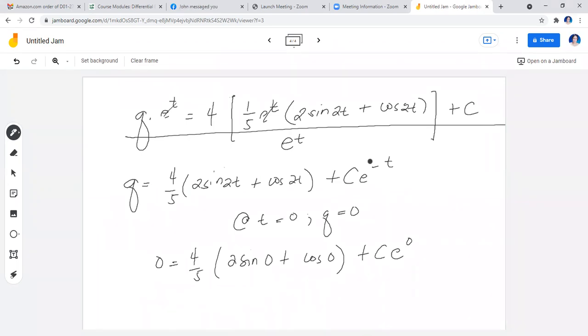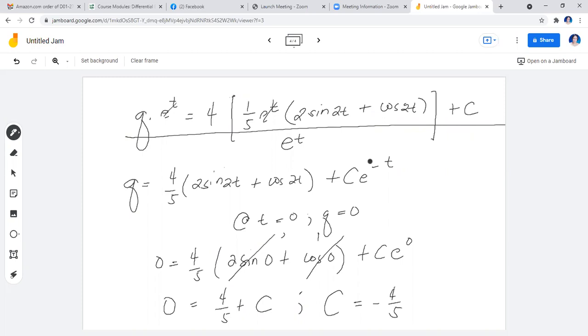Now the sine of 0 is 0, whereas the cosine of 0 is 1. Though we can see here that we have 1 and 0, so that would be 1. So we have 4/5 plus this c here, because this one is 1, c. Now from in here, now we have the value of the arbitrary constant. So c is negative